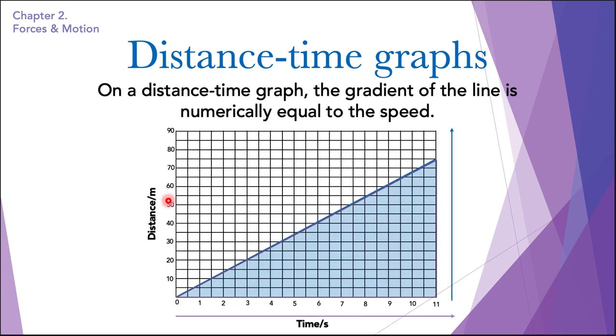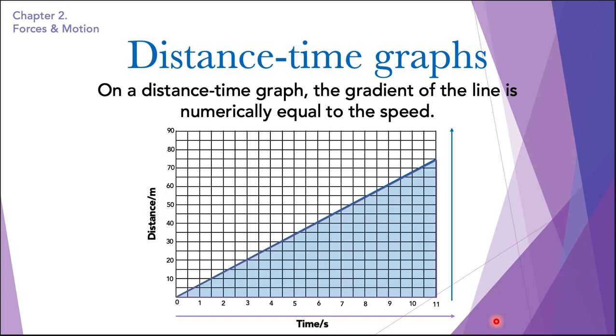So what we do is divide the distance covered by the time. The car has traveled a total of 11 seconds, and the distance it has traveled in 11 seconds is 75 meters. So when we divide the two values, distance by time, we get the speed of the car. This is how we use the gradient of our distance time graph to find the speed. It is the same as using the speed equation, just dividing the distance by time, and we get speed.